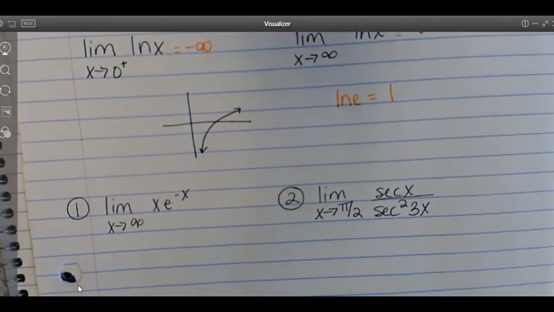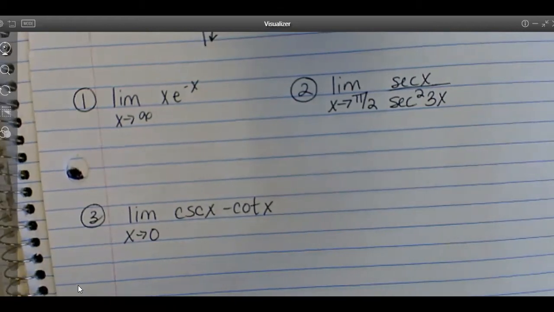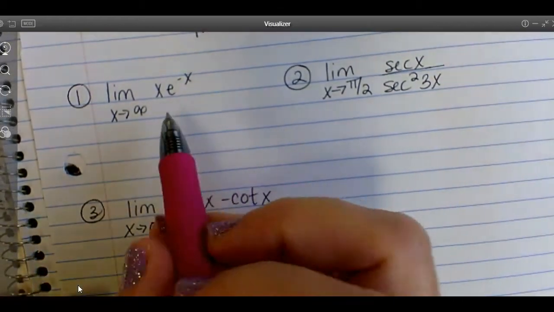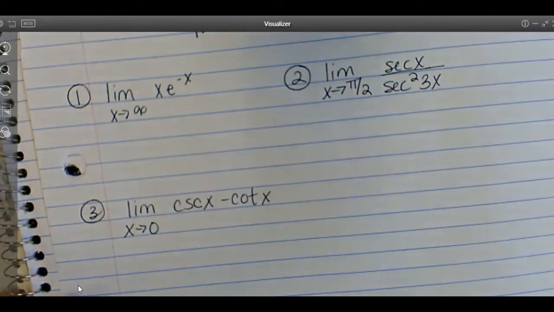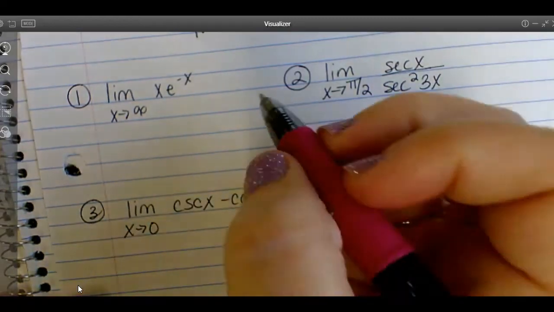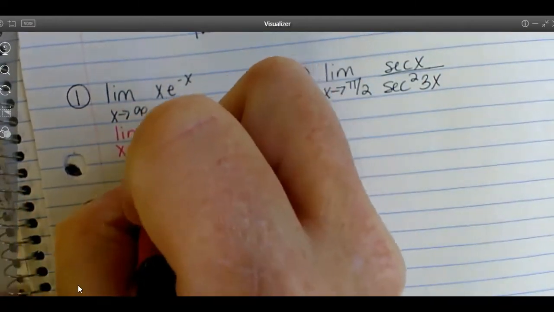Now, the first several problems are not really any different. It's just some things to talk about and things that you might have to do to find the limit. So I wanted to show you those first. On this one, it doesn't look like a fraction, so you can't just take the derivative of the top and bottom. But what we can do is rewrite it and make it a fraction